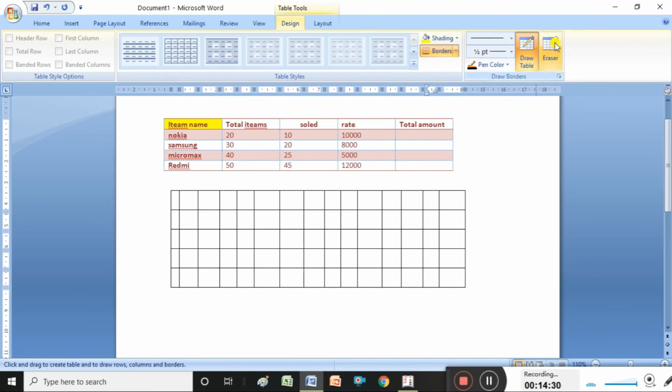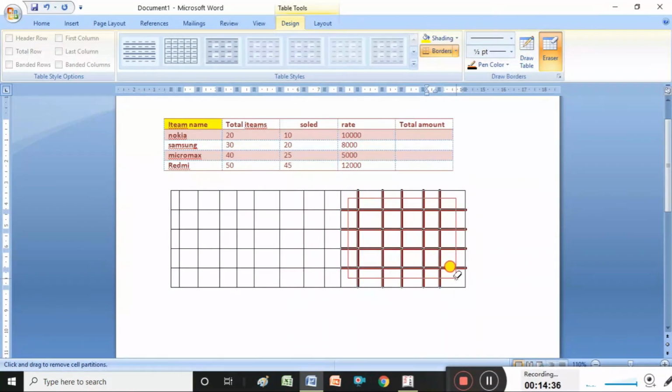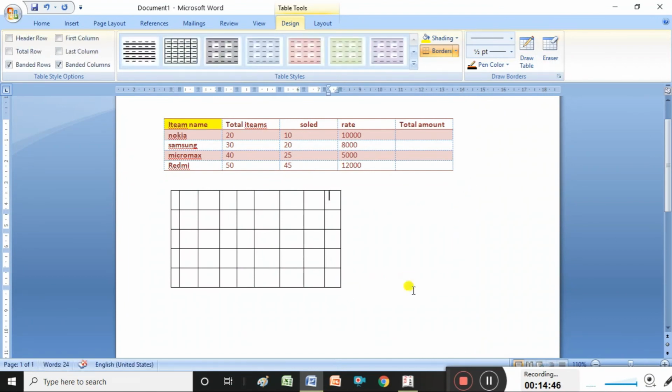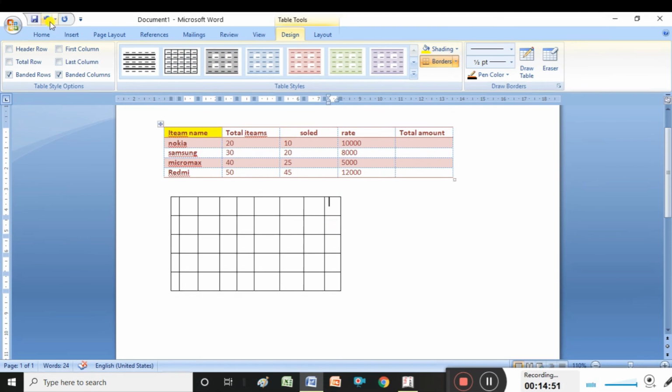Here we have the eraser option. You can select this one. So how many rows do you want? You can keep them. The remaining ones you can erase like that. So I want to erase this row also. These lines also I want to erase. So like this it is possible to draw a table manually. It is possible to erase the table.